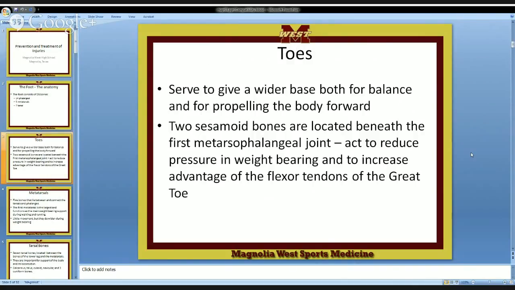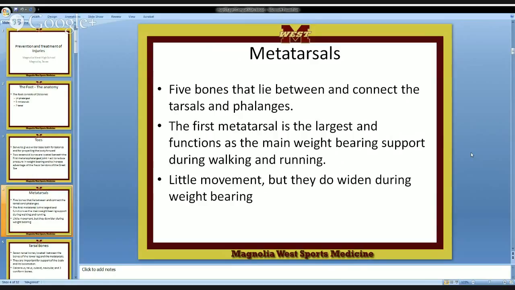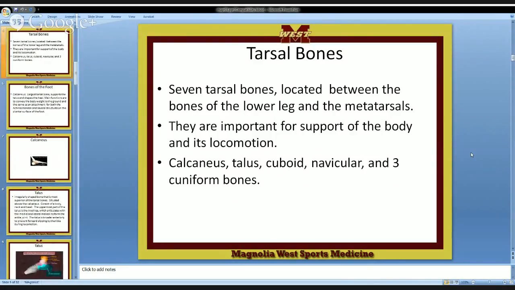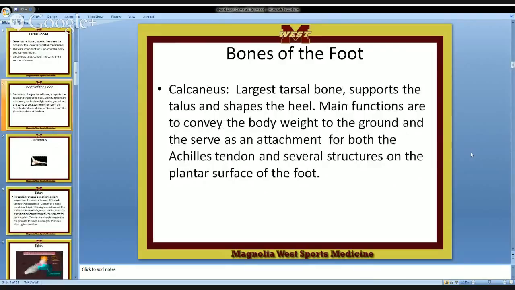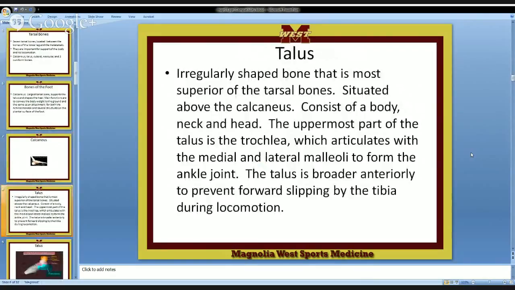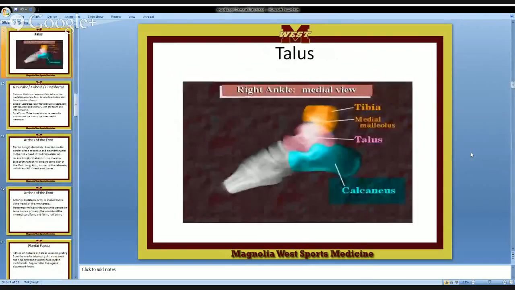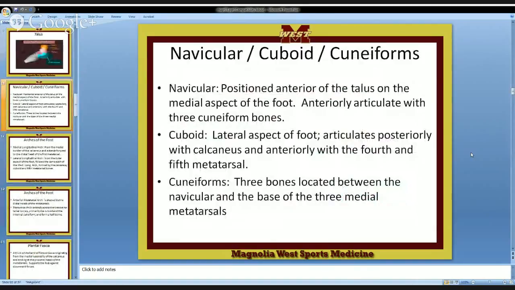Talked about toes, the sesamoid bone. Where's the other sesamoid bone? In your knee? Your patella. Yes. All right. Your metatarsals, your phalanges, your tarsal bones. We talked about the calcaneus. We had got all the way up to, I believe, talking about